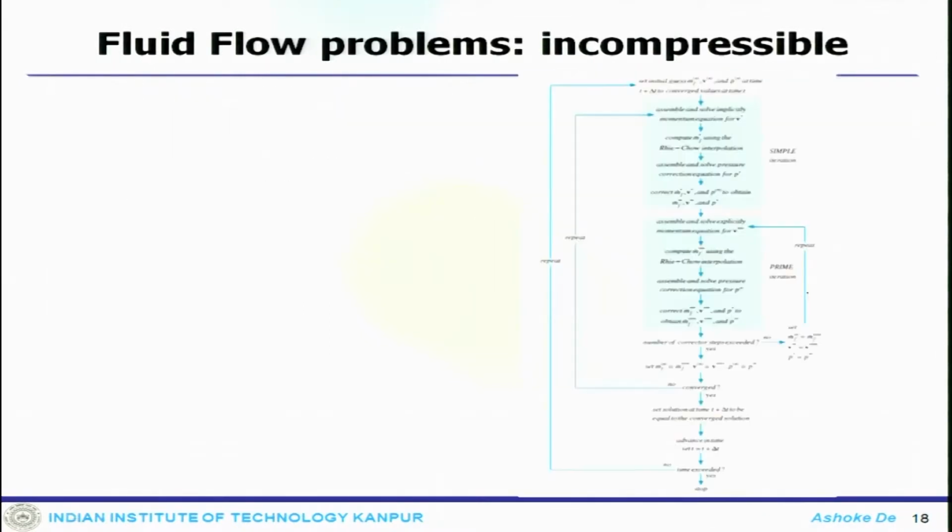So, if you look at how it works, this is giving you the complete PISO algorithm, and one can also look at it in any finite volume books, those are mentioned. It is a very standard algorithm. So, what happens, this is at the t plus delta t time iteration. So, this is a physical iteration, the outer loop as we have done in SIMPLE, this is physical time integration.